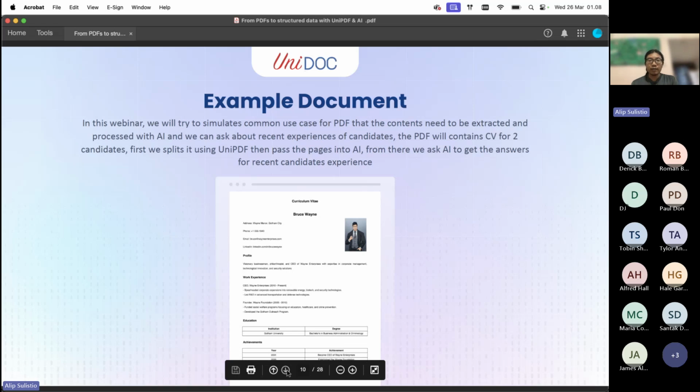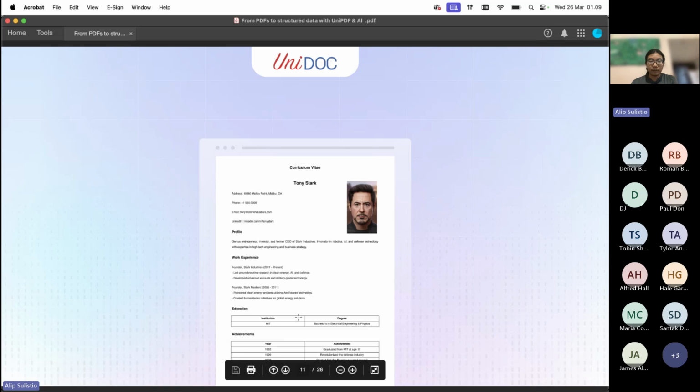This PDF contains information about two candidates. First, we split the PDF into pages using UniPDF and then pass the page data into AI. From there, we can ask a question about the candidate's recent experience.